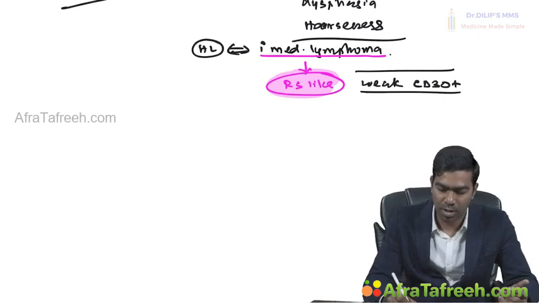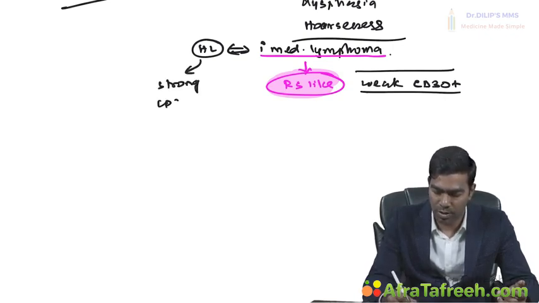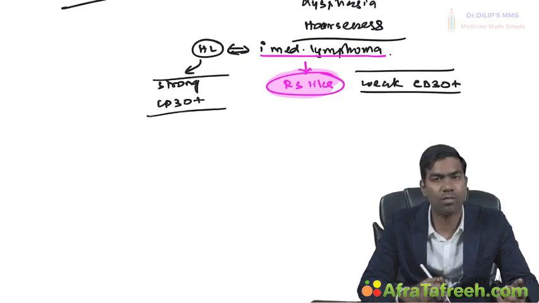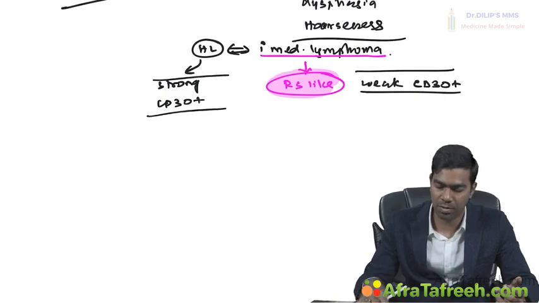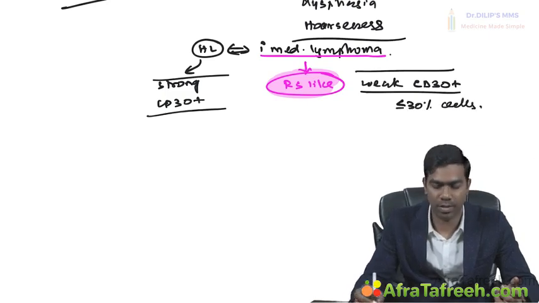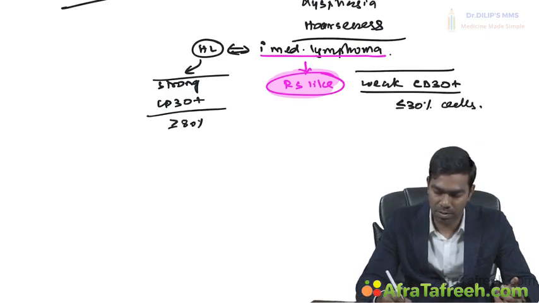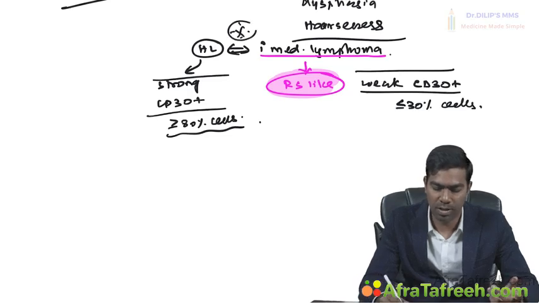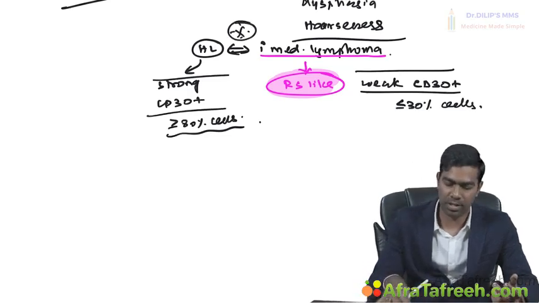But remember, on the other hand, classic Hodgkin lymphoma patients will have strong CD30 positivity. Weak CD30 means that less than 30% of the cells will show CD30 positivity, whereas here more than 80% of the cells will show CD30 positivity. That is what we call strong CD30 positivity. This is one important thing to differentiate between a Hodgkin lymphoma and a primary mediastinal